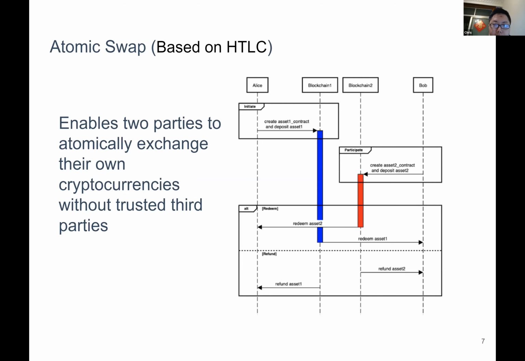Well, the initiate block is on, let's say, the BTC chain, blockchain 1, and participate is on Ethereum, blockchain 2. So as long as they use the same hash lock, that means the pre-images of these two locks are the same,